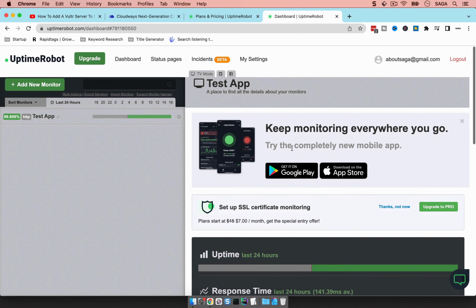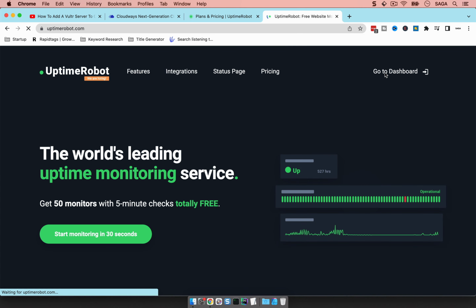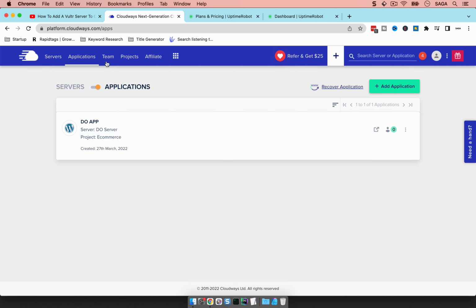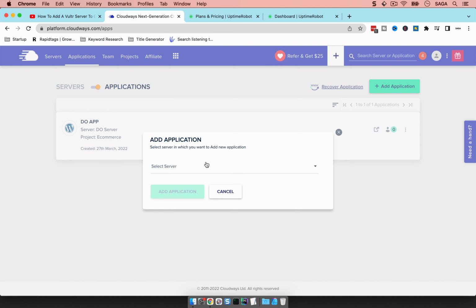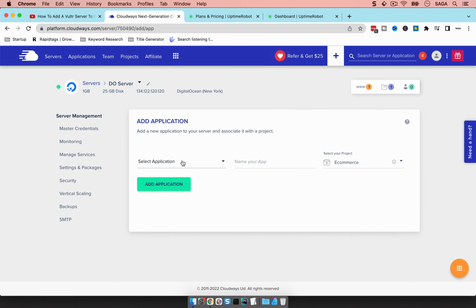Okay, so if we come up here, sorry, let me come up here. We're actually gonna do that together. So what I'm gonna do is go ahead and add an application. I'm just gonna do that over here, and I'm gonna show you how I'm adding that application on Uptime Robot. So I'm just gonna say app number two,